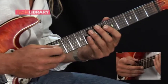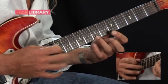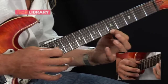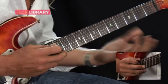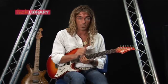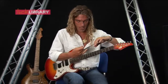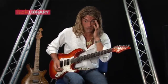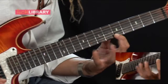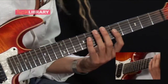So once again, slowly. Speed it up. Something like that. This next one is a 2-string tapping exercise. It involves a minor pentatonic shape, which on the 2 thinnest strings would be like this. Then I'm at the 12th fret and the 12th fret to tap on. So in total we have